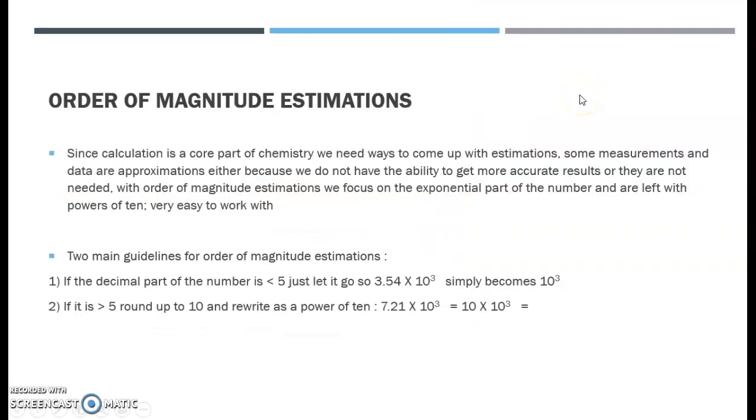Finally, the last thing that we need to talk about is order of magnitude estimations. Calculation, we know, is the central core part of chemistry. It's a lot of what we do. We have to come up with ways to make estimations because a lot of the measurements and data we work with are either not needed to have a very accurate number, or we're just not capable of getting a more accurate result. It's kind of like, how do we calculate all of the stars in the sky, how many there are? So what we use is order of magnitude estimations, and we focus strictly on the exponential part of the